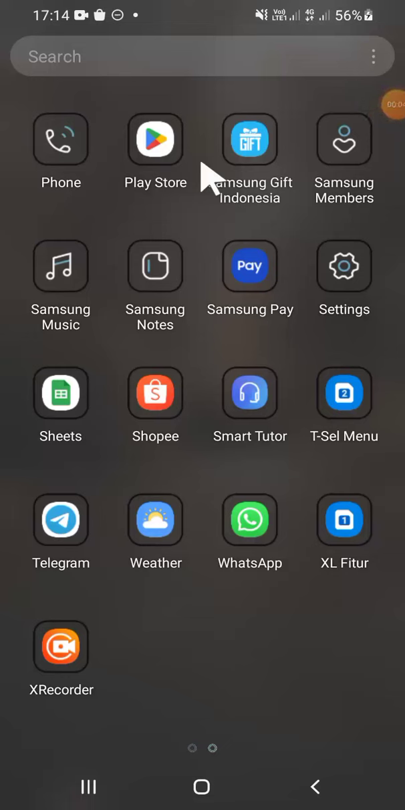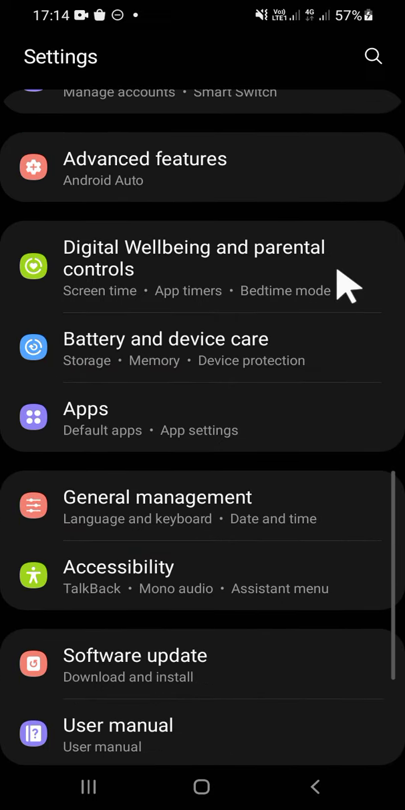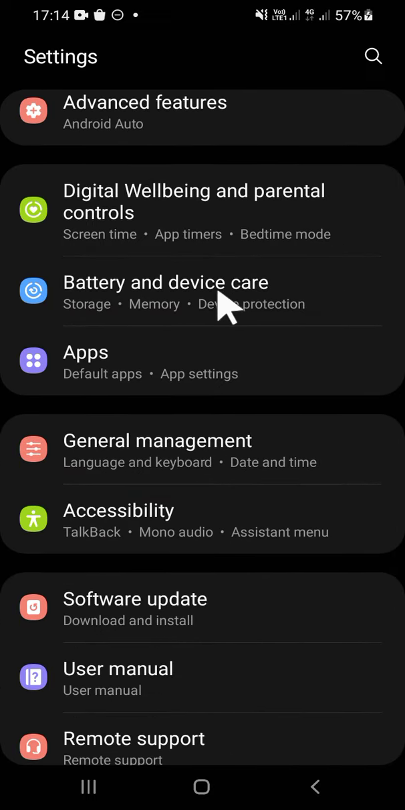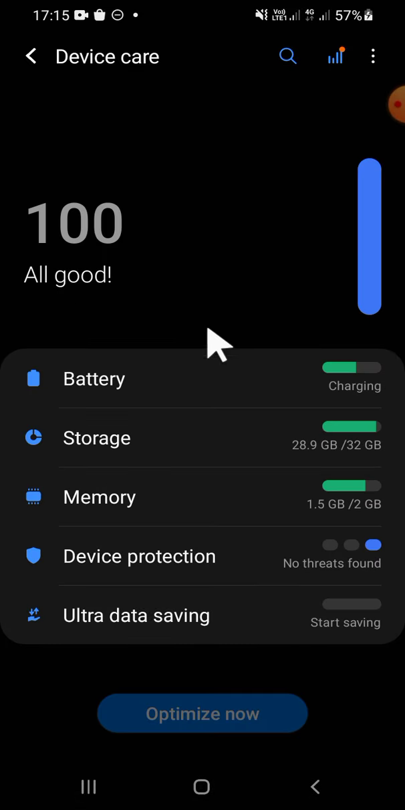In today's video, I'll be showing you how you can optimize your Android performance. Alright guys, first of all, open your settings application on your Android phone, and then you're going to scroll down until you find the battery and device care. This one, tap on this option, and then if you want to optimize your Android performance, you just need to